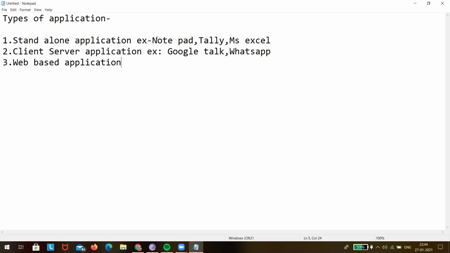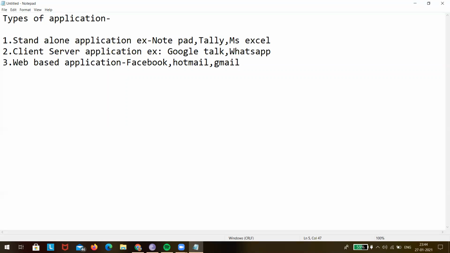These are client server applications. Web-based applications are like Facebook, Hotmail, Gmail. So all these are web-based applications.